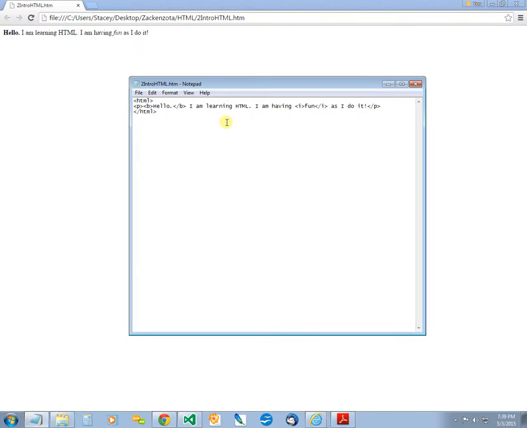Okay, so I'm back to my HTML code. I do want to show you that there are a few more architecturally correct codes, or tags I should say, that need to be on the page in order to display it properly. So one of those is the head tag, and when you open a head, you also have to close the head. So anything that appears inside the head tags will not display on the literal page of the website,